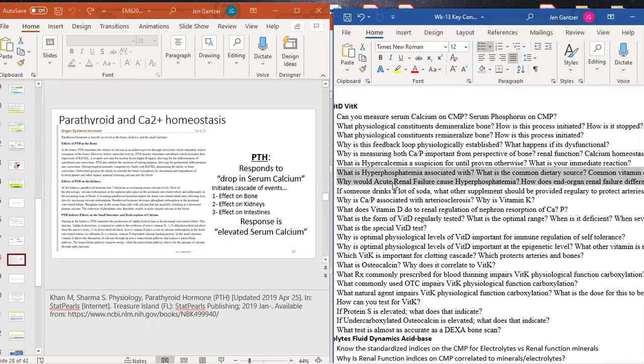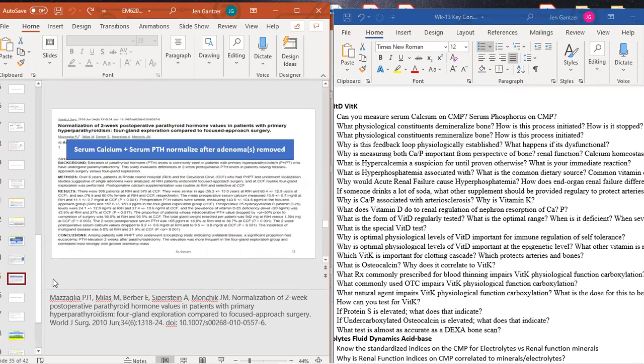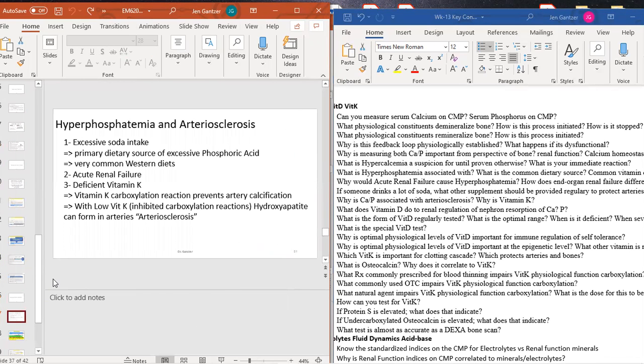Okay, what is hyperphosphatemia associated with? Very important, because phosphate and hyperphosphatemia is very overlooked, and excessive soda intake, which is part of our Western diet, is going to be a problem, because soda is a very high dietary source of phosphoric acid, and we can end up with hyperphosphatemia. One of the things that will happen with that is an increased risk for